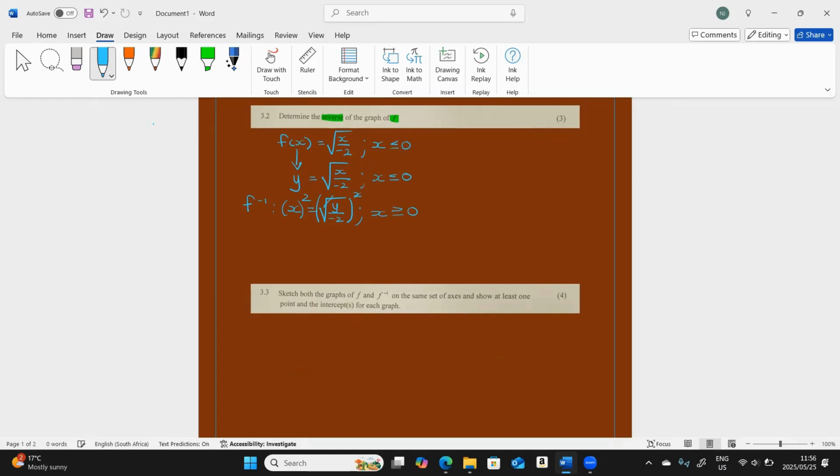So that and that would go. And then we are sitting with x squared equals y over -2. Do you agree with me? And then you can keep writing this limitation, okay, to not forget about it. So now we are getting closer to isolating y. Can you see that? To isolate y, we need to get rid of this denominator of -2. So that then means we have to multiply by -2